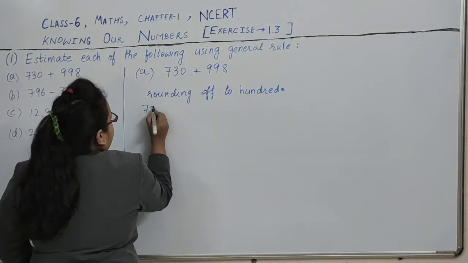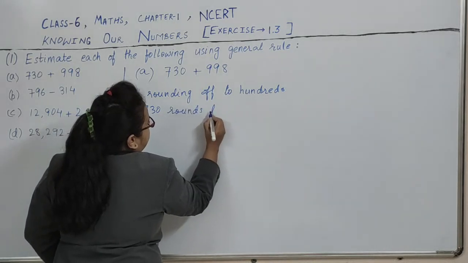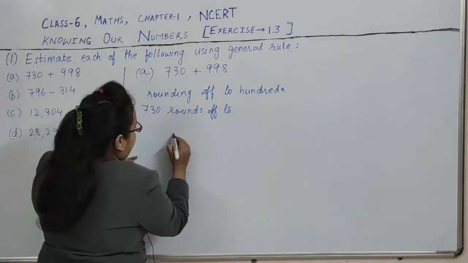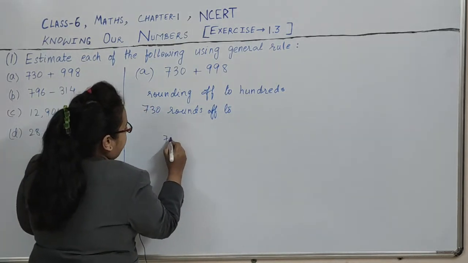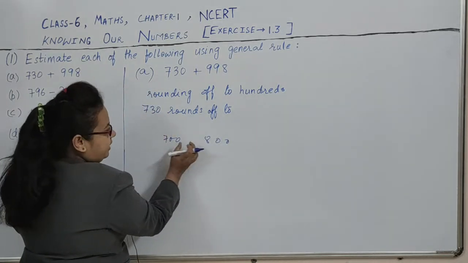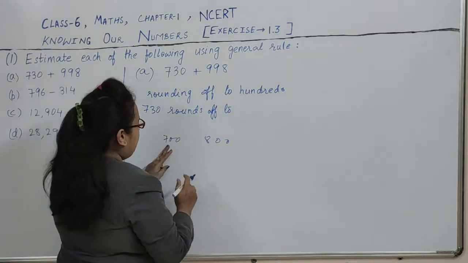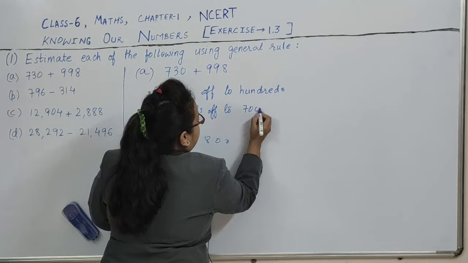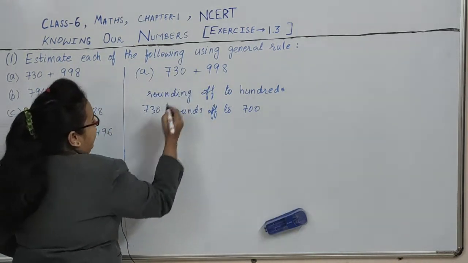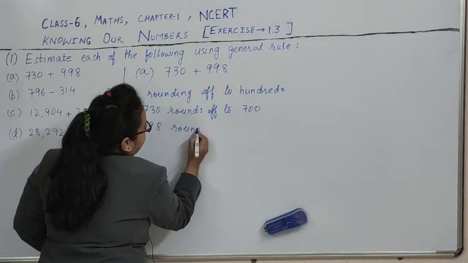So 730 will round off to how much? See, 730 lies between 700 and 800. But 730 is much closer to 700 when compared to 800. So 730 will be rounded off to 700. So 730 rounds off to 700 and 998 rounds off to